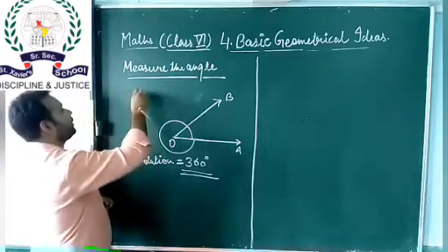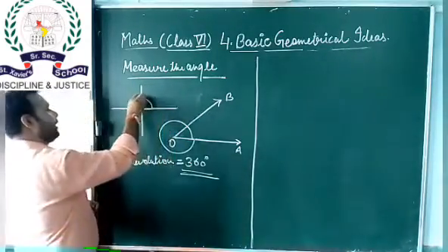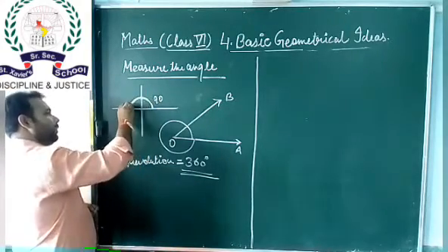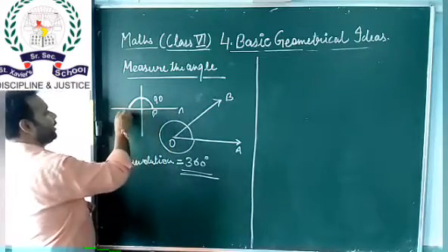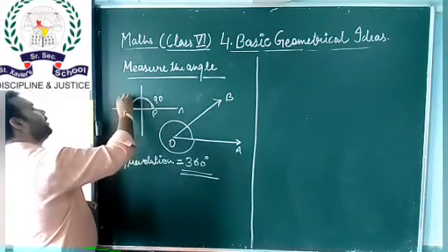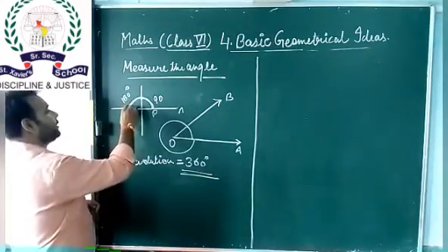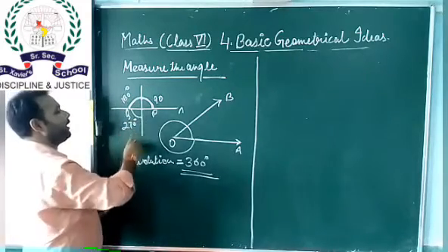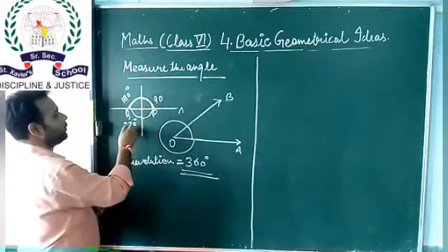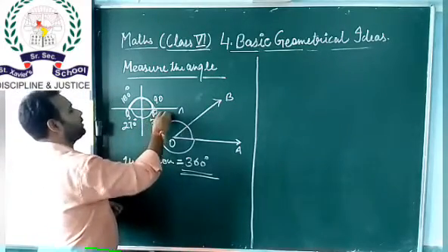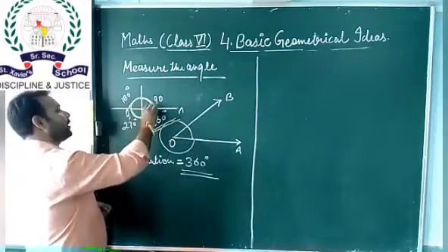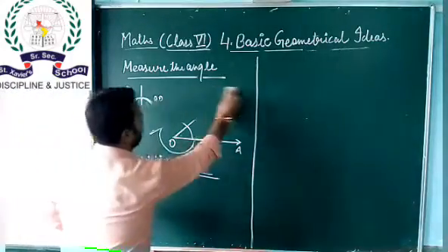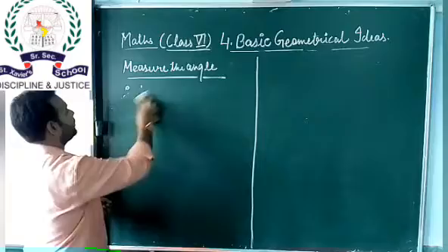When you turn a quarter like that, this is 90 degrees. When you turn from the point P to the point Q, this will make 180 degrees. And this is also 90 degrees. When you add 180 and 90, this gives 270. And when you add 90 more, 270 plus 90 makes 360 degrees. It will make a complete revolution also. So you have to take your compass and measure it with your compass.